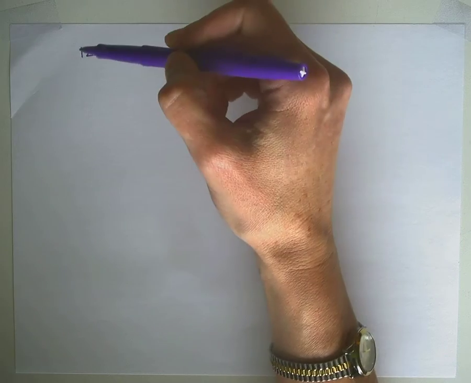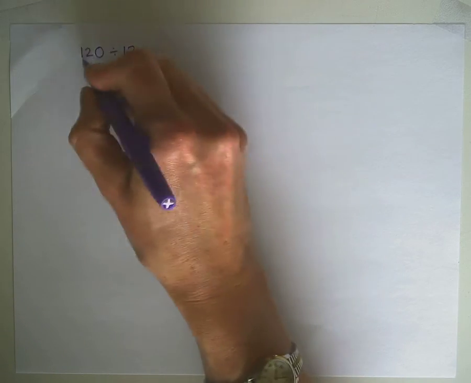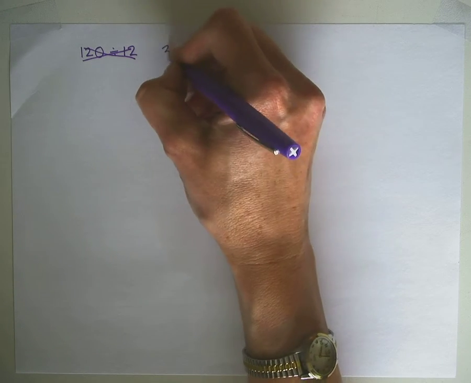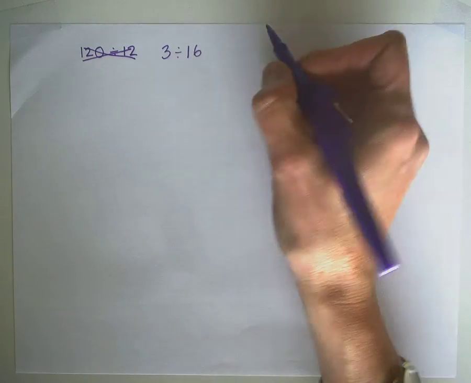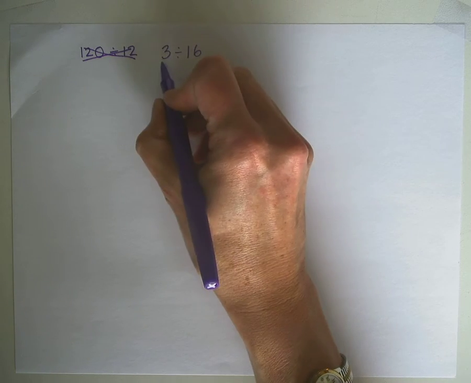And that's a big number divided by a smaller number. So that's kind of what we're used to. We're not going to do that. We're doing a smaller number divided by a bigger number. 3 divided by 16. So if you write this as a division problem, you guys remember that this number goes